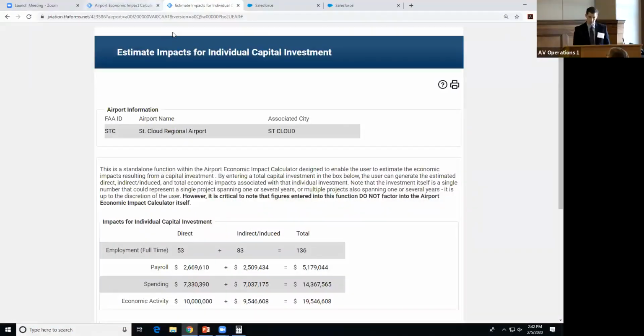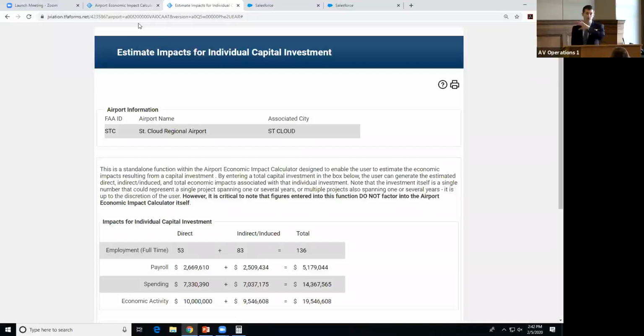Let's see if I get out of there. We'll just go back to, yes, Andrew. Does the estimate impacts for the individual capital investment, is that based off of the airport, or is it? That's a statewide average. It's not specific to your airport. Okay. And in general, for the capital investment category, the jobs per million conversion ratio,